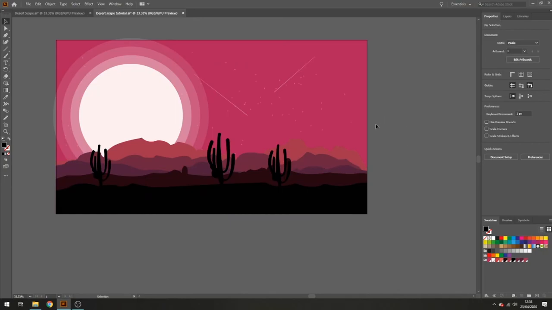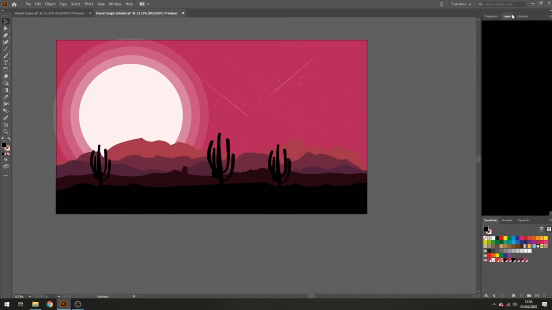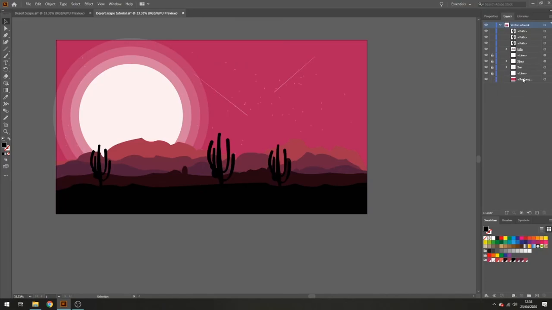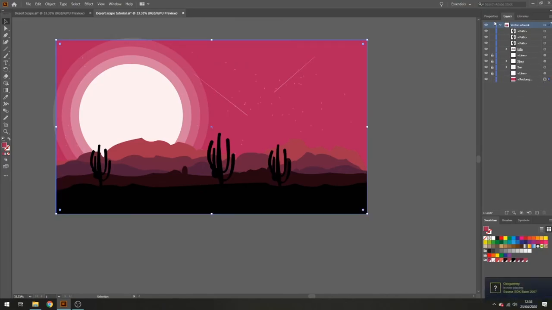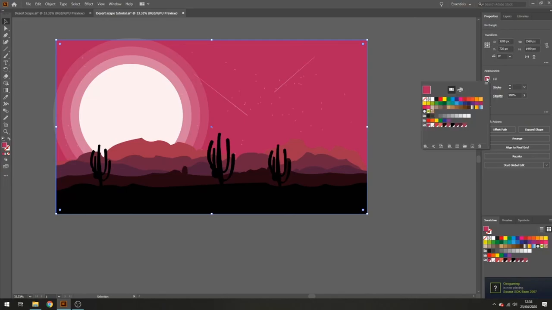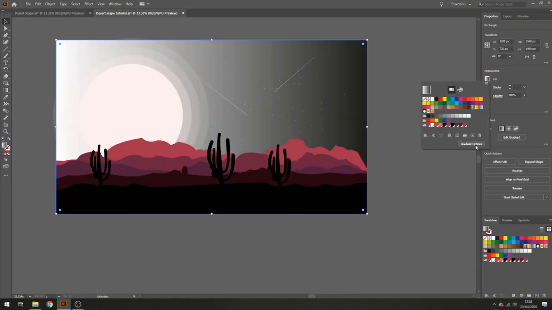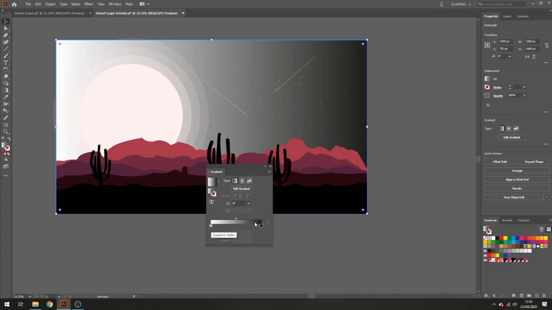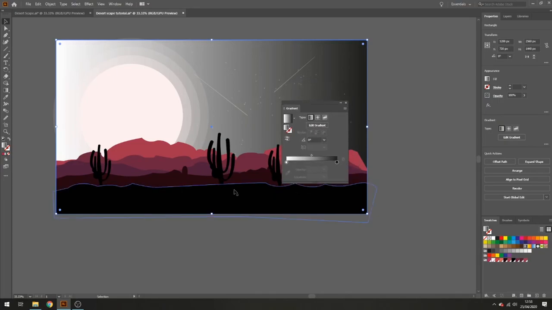And we are nearly done. There is only one more thing to do, and that is the gradient on the background. So we're going to unlock the background layer so we can edit it. We're going to select it in the layers panel, going to properties, fill. Now what we want to do is we want to select this black to white gradient. We can open gradient options, and here we have a white and a black gradient stopper. And what we can do is we can drag the original background color from the swatches panel onto the white stopper,